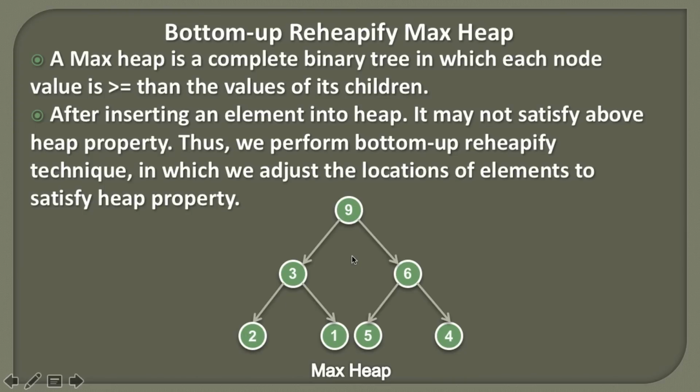As we discussed, a heap is a complete binary tree, and here you can see all the levels are filled. So when we insert a new node, it will be inserted at level 4, to the left of 2, and let's suppose we insert a value of 15. Once we insert 15, the heap order property, that each node value should be greater than or equal to the values of its children, will break, because 2 will be the parent of 15 but its value is less than 15. So it will break the heap order property of this max heap.